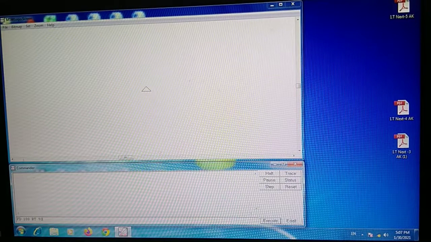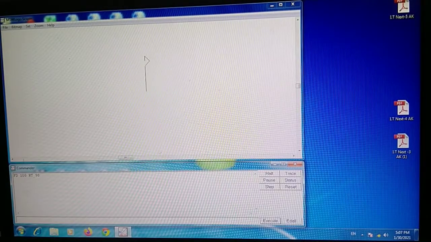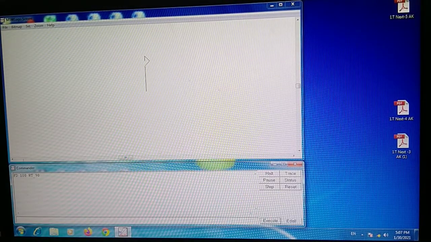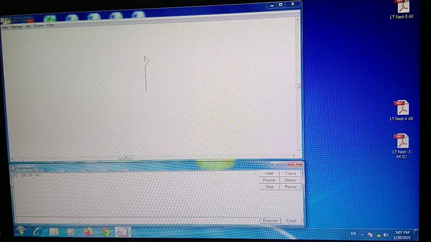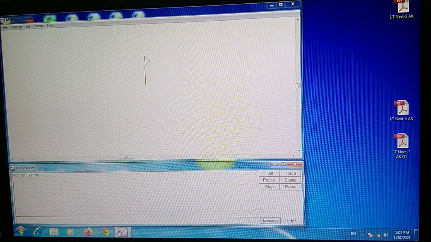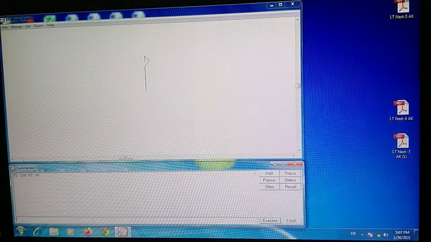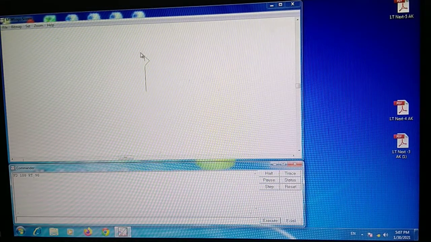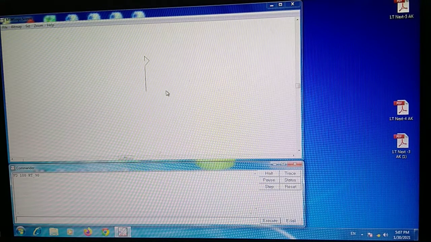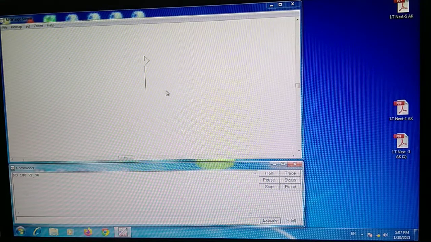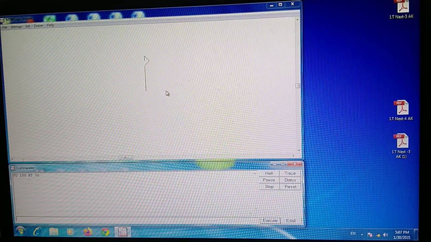This is the command I have given here, and you will see it moves FD 100 and RT 90, which means 100 steps upward and 90 degrees to the right side. So the line has been drawn here. See, the line has been drawn here. The PU command is used to make the turtle stop drawing a line when it moves.